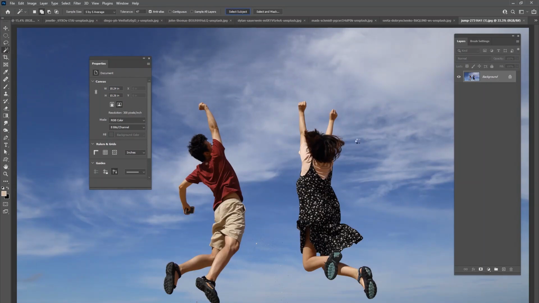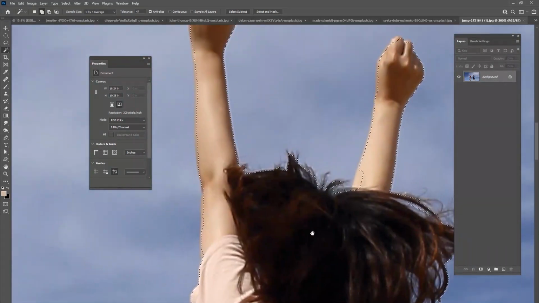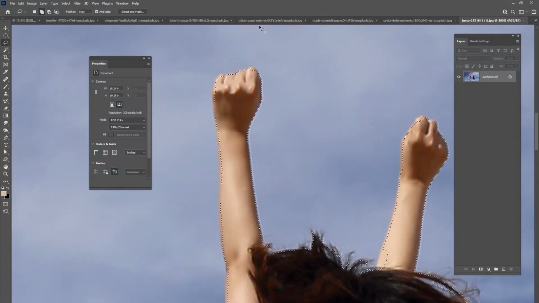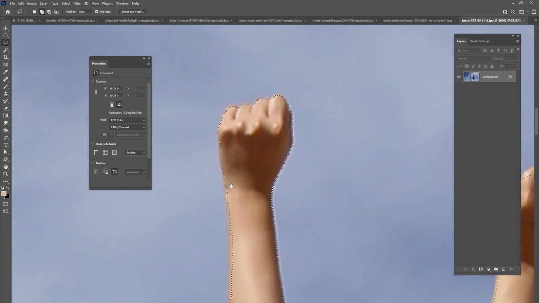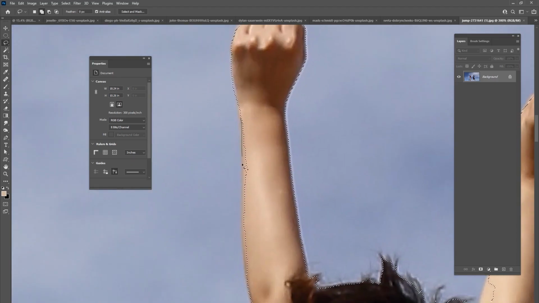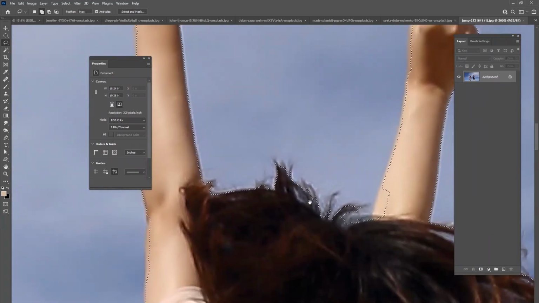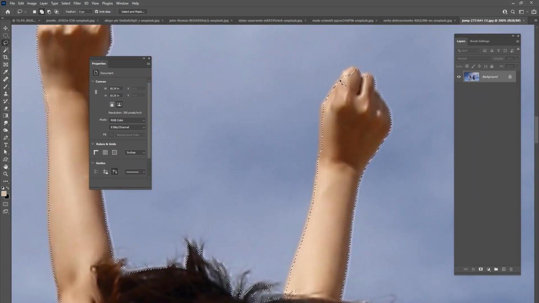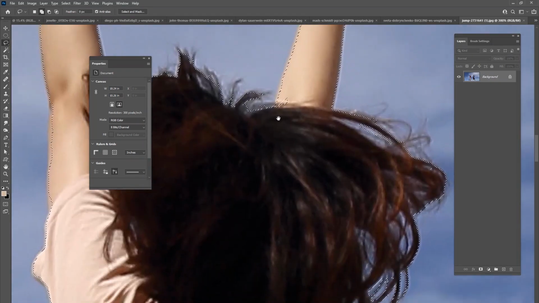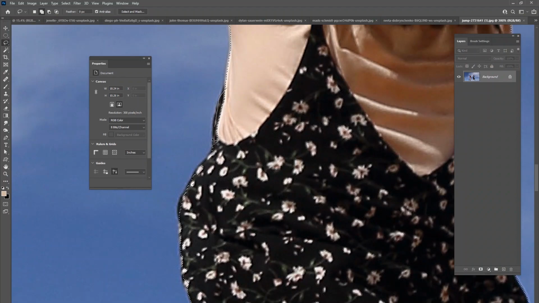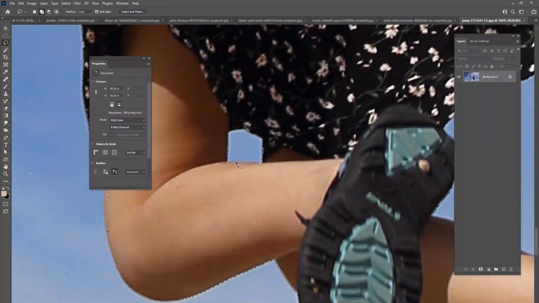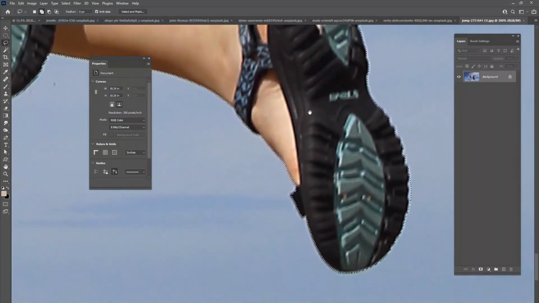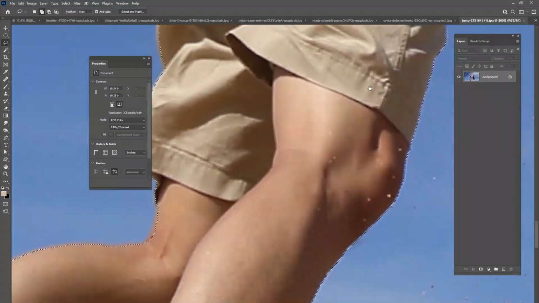We're going to just select subject, and let's make sure they're completely cut out here. It does not look like Photoshop did the best job in the world here, so I'm going to make sure that they're selected properly. It didn't even get her arm right here, or her little index finger right there. All right, it did get her shoes pretty good. So that looks pretty good for her. And for him,